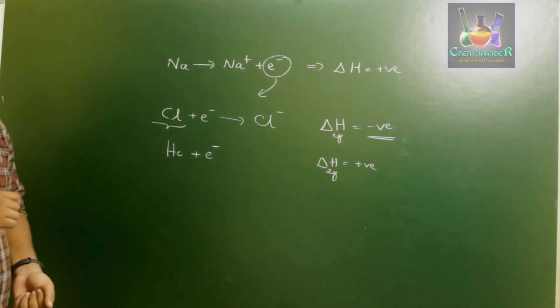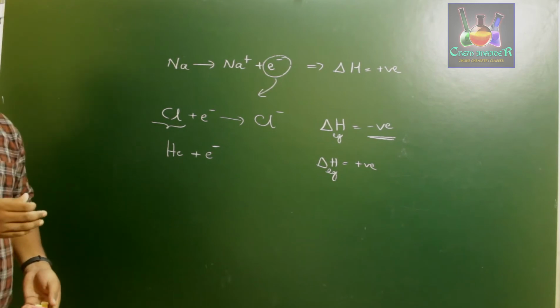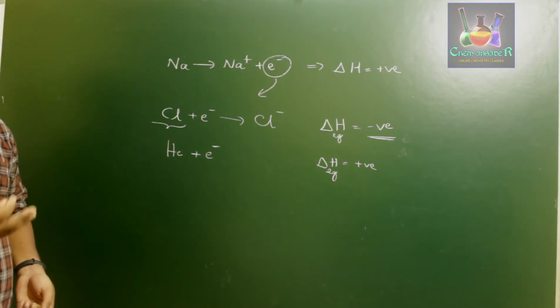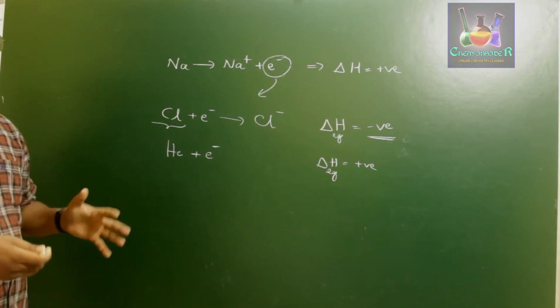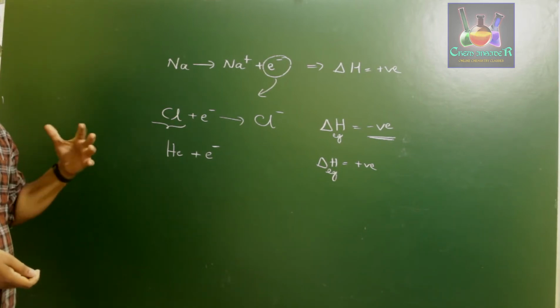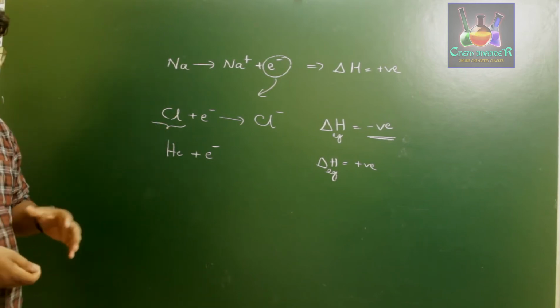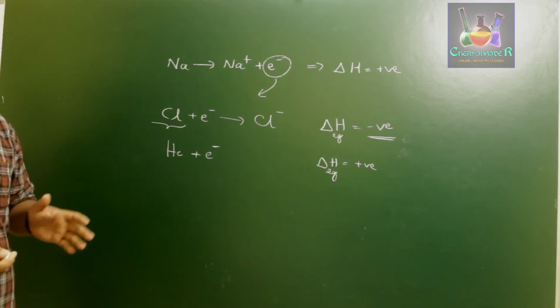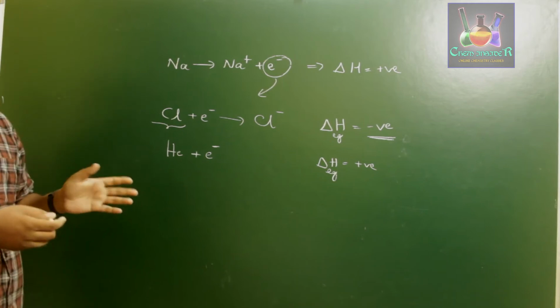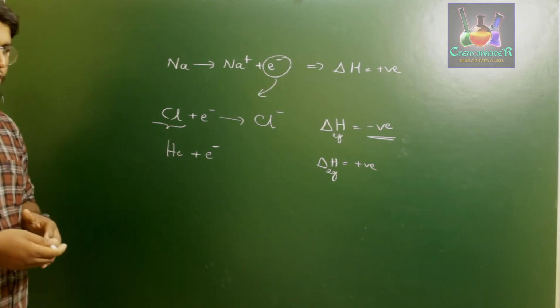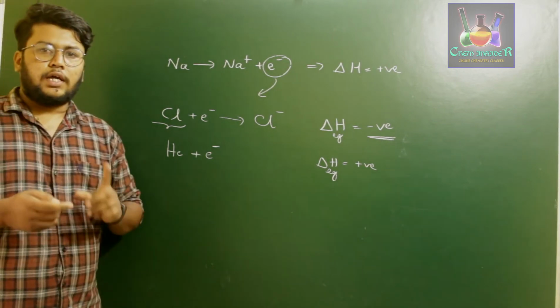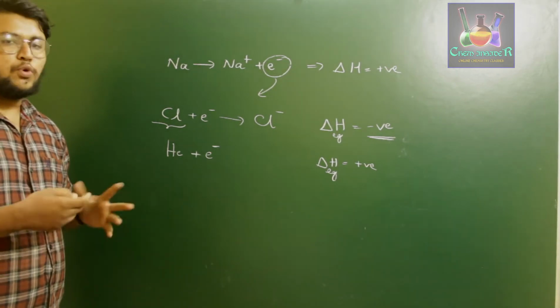In case of alkali metals, they are also almost of a positive nature, but there we say it as less negative values. Okay, so electron gain enthalpy is completely a negative value. Elements which are present next to the halogens, nearer to the noble gas configuration, have their electron gain enthalpy more and more negative.